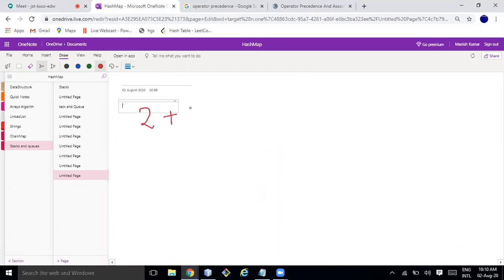So I write 2 plus 4 into 6. What will be the output of this one? I'm audible? 26. 26, that's great.